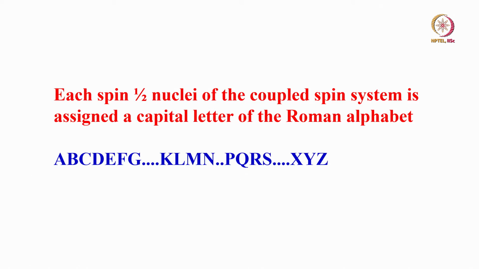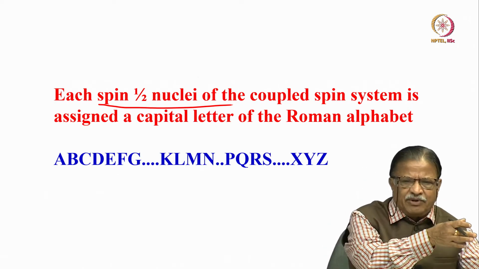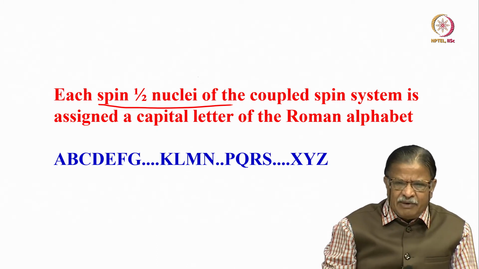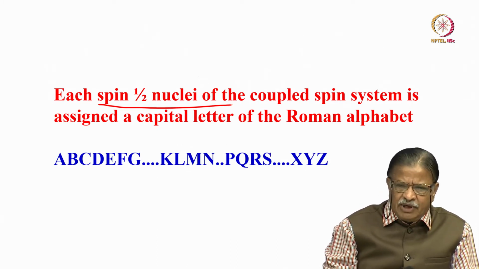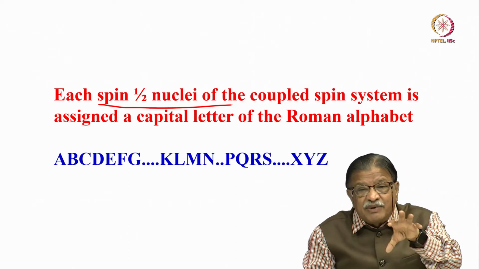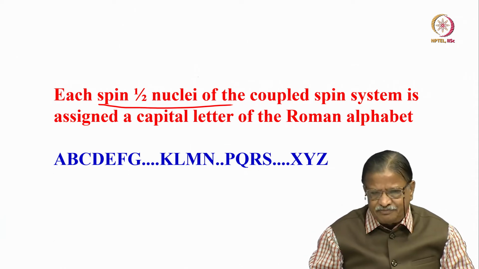But first of all I want to include what is called the Pople nomenclature. Pople nomenclature means if there are n coupled spin systems. What is a coupled spin system? All the nuclei, if there are many nuclei present in the molecule which are NMR active, they may be coupled to one another. Okay, A may be coupled to B, B may be coupled to C, C may be coupled to D, something else. Different protons or different NMR active nuclei. They need not be homonuclear, they could be heteronuclear also. Then they all form a coupled group of spin systems. They are called coupled spin systems.